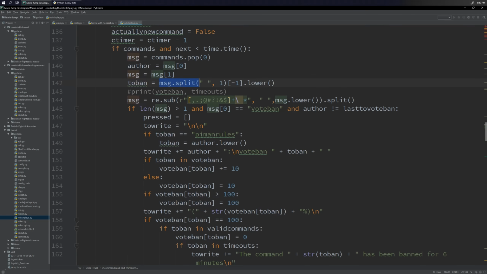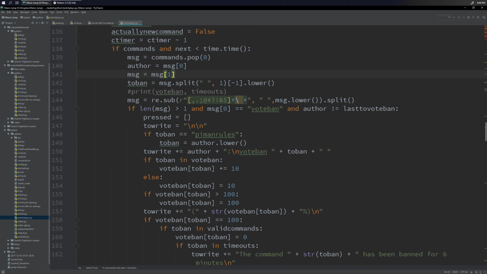And so to get that, we split it on spaces, we get the last index, and we convert it to lowercase. Oh, and we only split it once, right? I don't know why I did -1. I just like reverse indexing. It's fun. Wow, wasn't that magical? Oh, you know what? It's because if it's not a vote ban command, this list might end up only being of length 1. And so, by doing this, we make sure we never get an index out of bounds exception without having to add an if. So that's some pretty clever coding there, if I do say so myself.